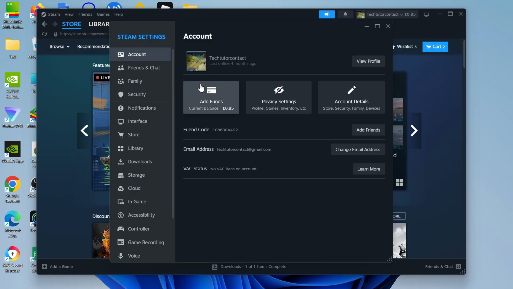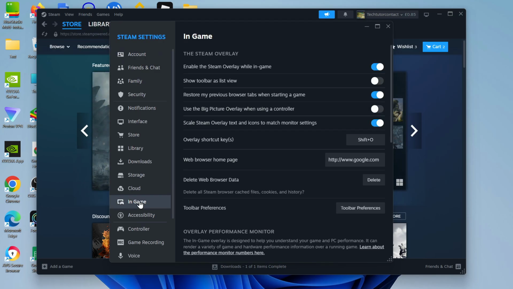Now once you've got your settings window opened, come over to the menu on the left hand side, and what you want to do is click onto in-game just down here, and this way you can come to enable the Steam overlay. So you want to come here first, make sure this is turned on. You can see here it says enable the Steam overlay whilst in game. Make sure that switch is turned on, and then all you need to do is look for the overlay shortcut